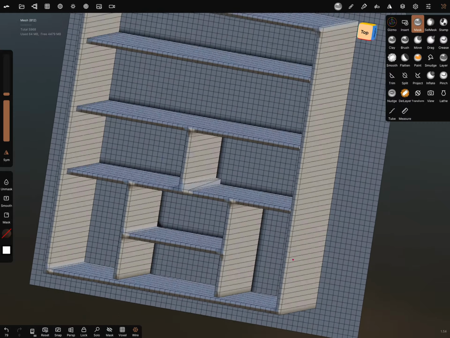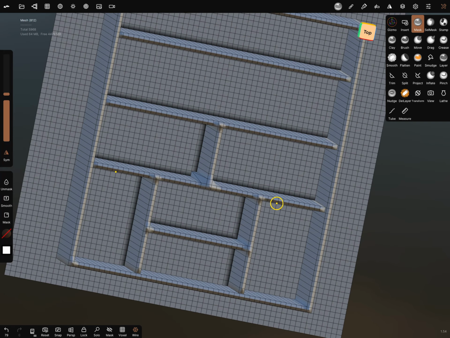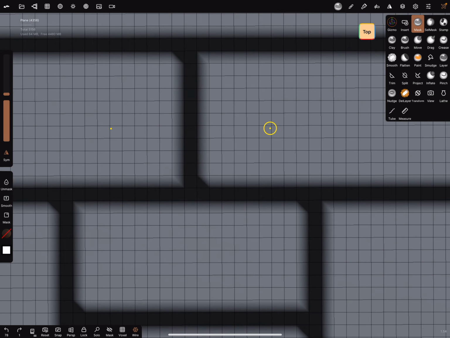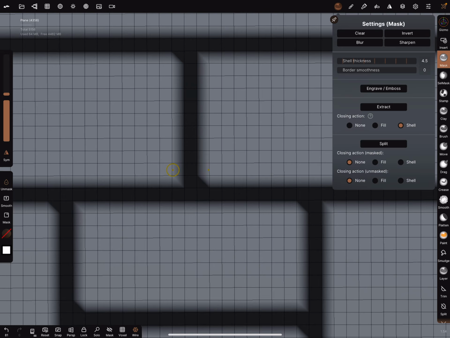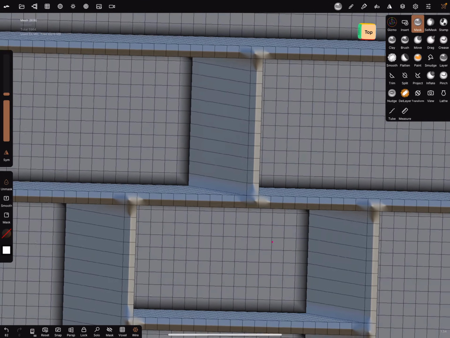Is everything clear? There's a mistake. Check it again. It's better.